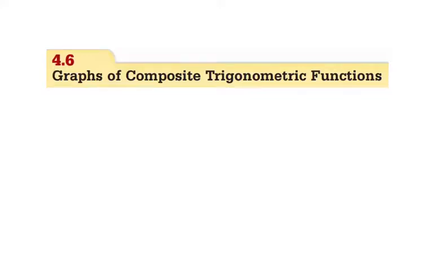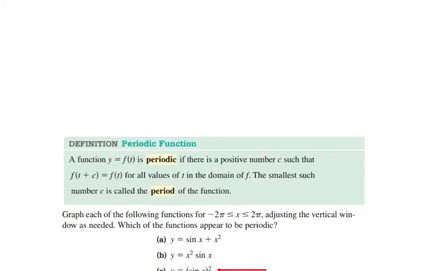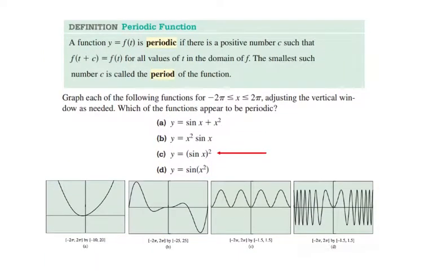Alrighty, so here we are with the 4-6 pre-calculus notes on graphs of composite trig functions. So basically a trig with a bunch of other things happening at the same time. So you're going to have to identify if something is periodic or not. So if we take a look at what periodic means,